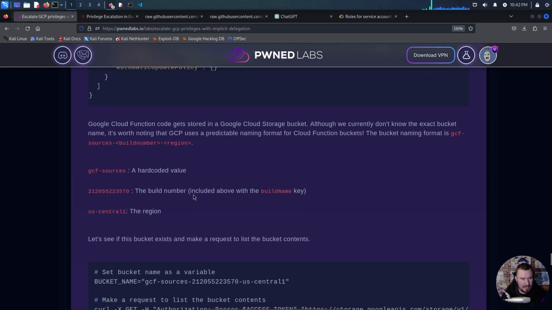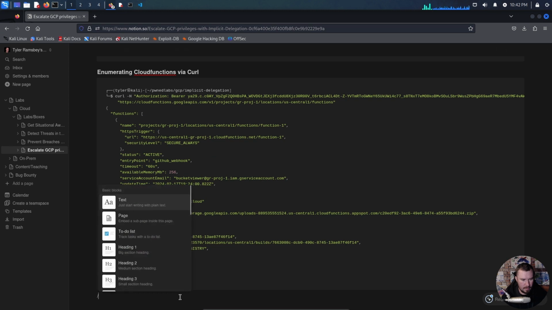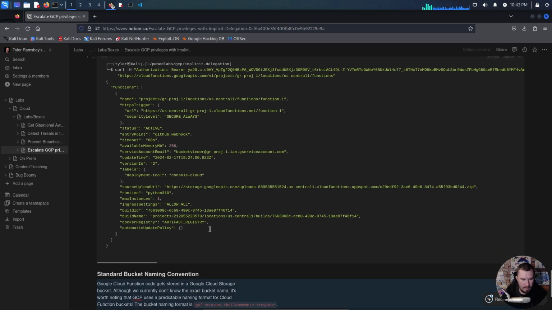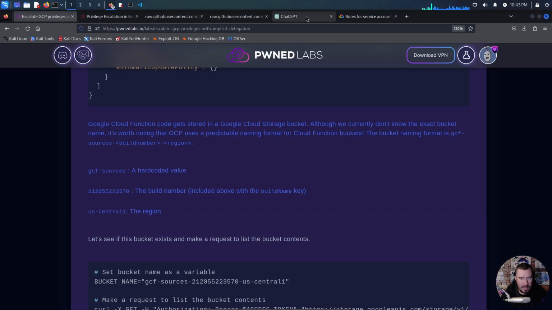Okay. I see. Let's grab that for our notes. And we'll just call it like... So, just so I can write this out myself, it'd be GCF sources. The build number would be right here. And then region, US Central 1, which comes from right there. And now with that information, if we go back to the GPT command I was playing around with,